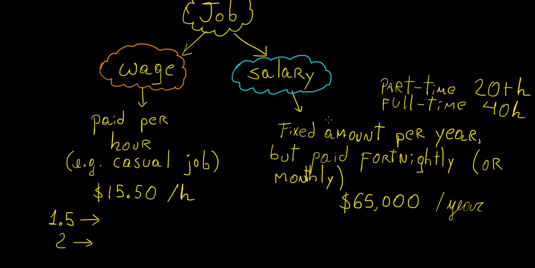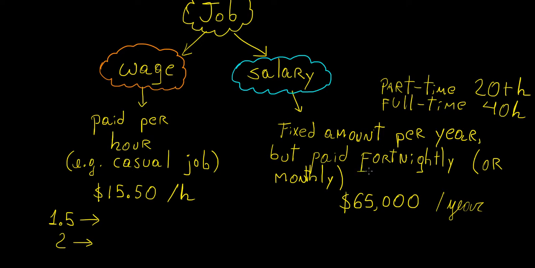But what they actually do is they're not going to pay you once per year, because obviously that would be silly. What they actually do is they split that payment up into a monthly payment. So that means that you would have to divide this by 12, and then that's the amount that they will pay you each month.